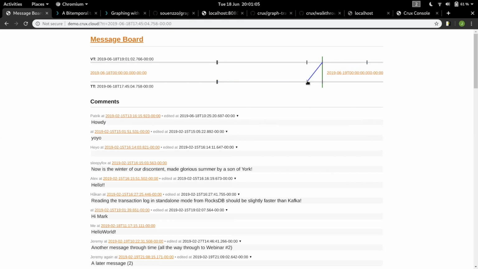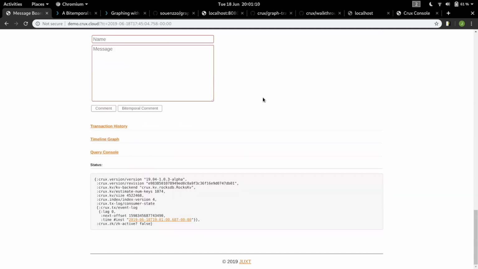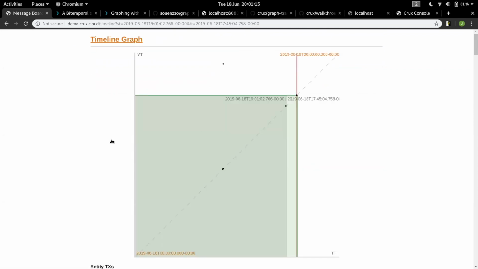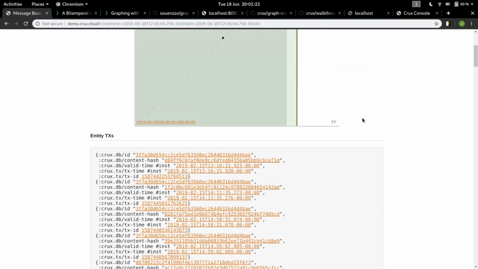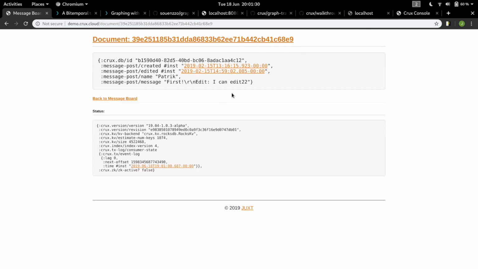So what we can do is use this to view valid time and transaction time quite neatly. And this is live, but we won't worry too much about trying to add data to it because we've got better demos. But it does have this nice timeline graph. It shows the valid time and transaction time in two dimensions, and then you can see exactly what that transaction was and the documents it affected, click through the documents, and navigate through the graph as it was at various points. So pretty wacky, does lots of stuff, but it's a good way of explaining some of the fundamental concepts.